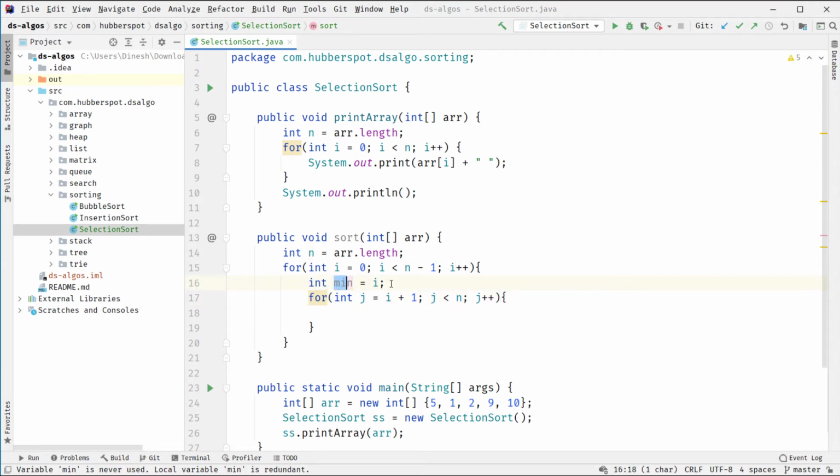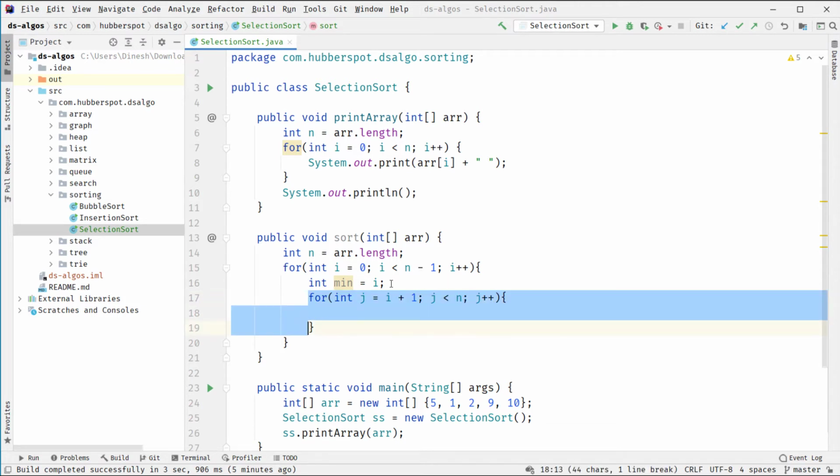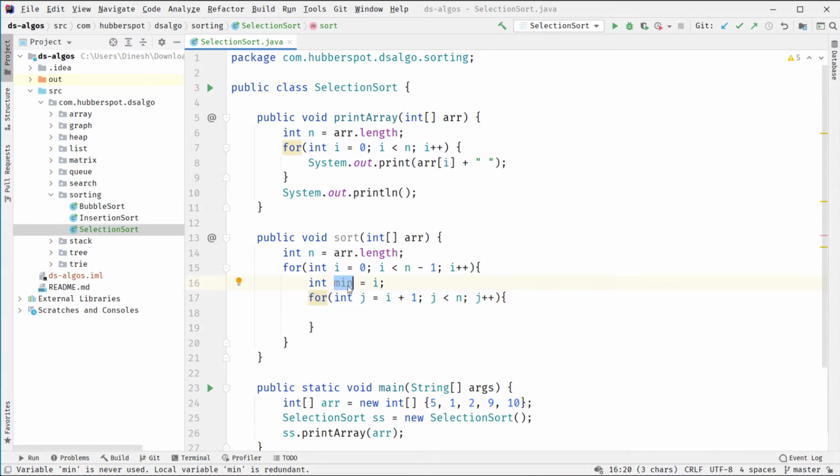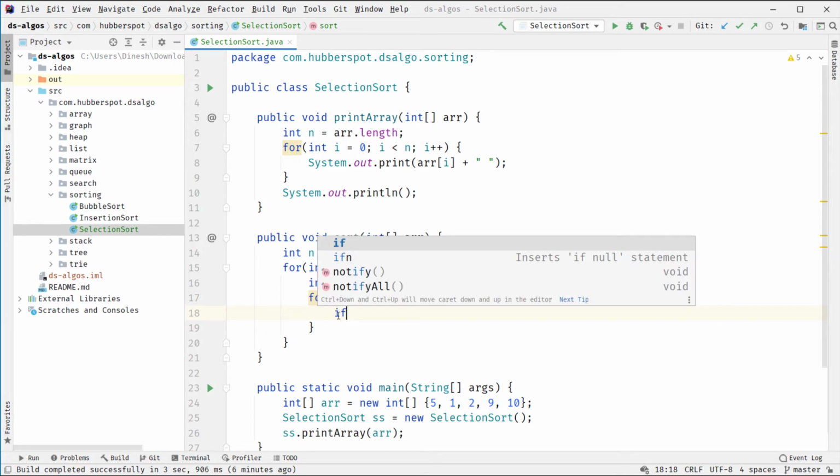So here you can see that we are assuming the value held by the array at the ith index is the minimum value. So this is our assumption, and in order to find the minimum element among the unsorted part, we need to provide this for loop where we will compare all the elements with the value held by the min index. And as the min is pointing to the ith index, we are starting this inner for loop with j as i plus 1. And j will go till less than n, because we need to compare this minimum value with each and every element of the array. So j will go till the last index.